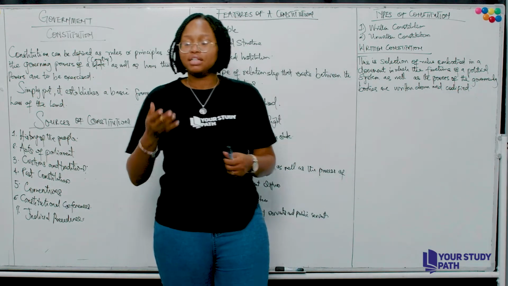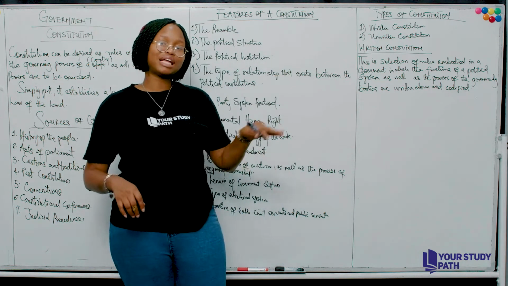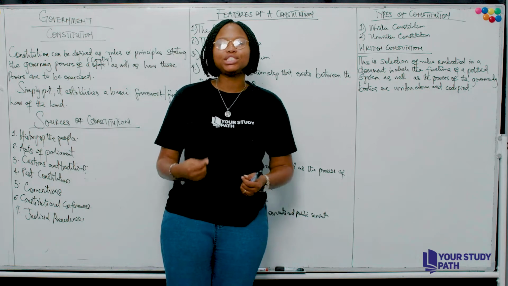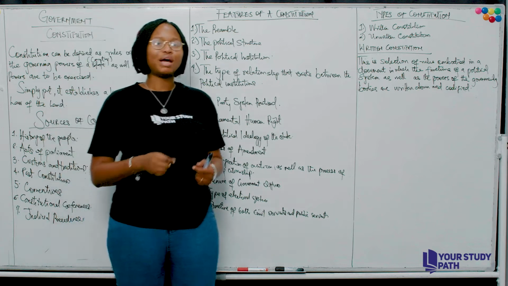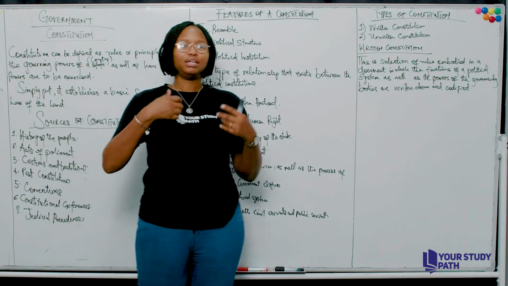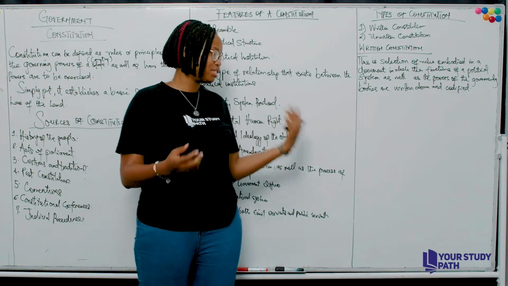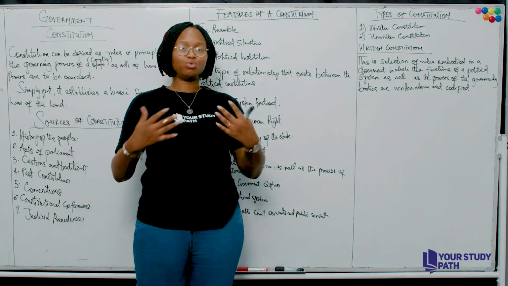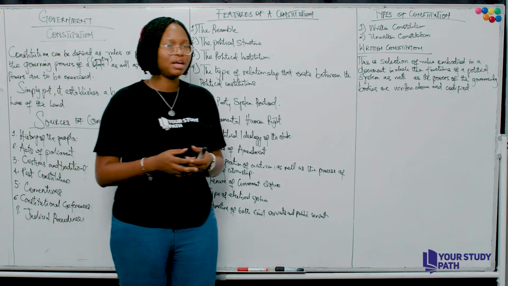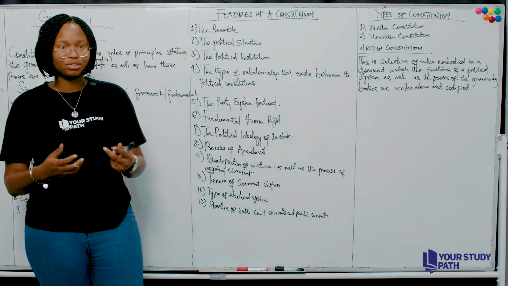What we're saying is the set of rules and regulations that we have are embedded in a document. And that document can be seen and read by all. Right? The Constitution establishes a selection of rules which contain the fundamental principles of a political system, that is their ideology, their structure, the institutions, as well as the powers of their various agencies. Those are the agencies which the government uses to govern. And those things are written down and codified in a single document. What this means is a written constitution can actually be seen, can be read out loud, and can be made